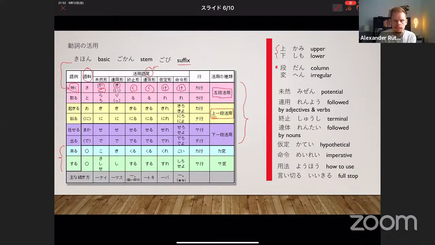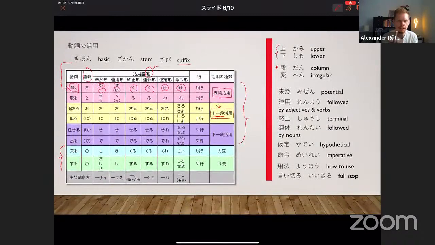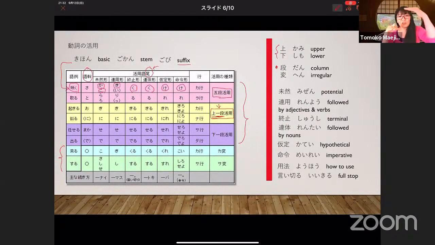Ichidan. You see ichidan here? It's too small. So kami ichidan katsuyo. If you divide those 5 columns, 5 steps in the center,